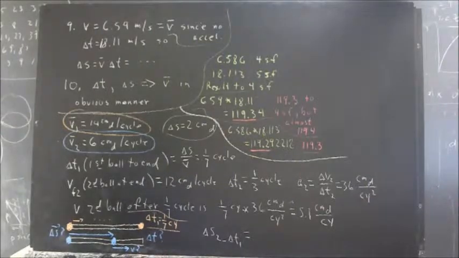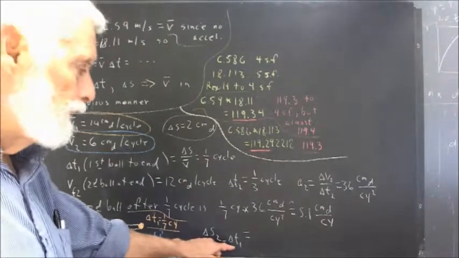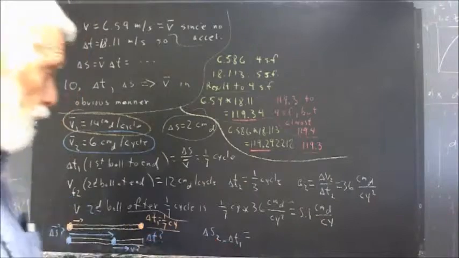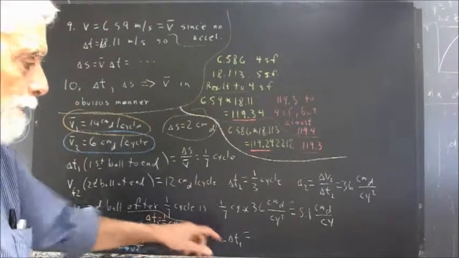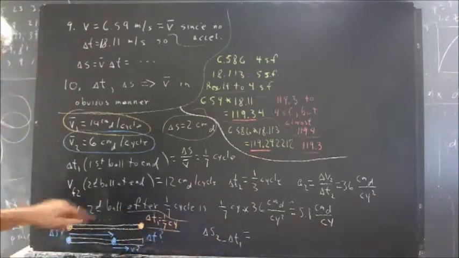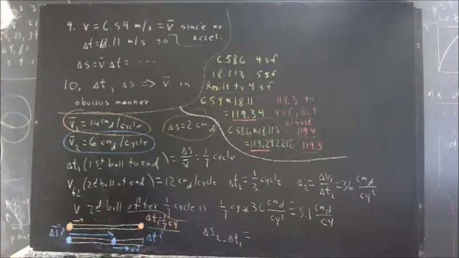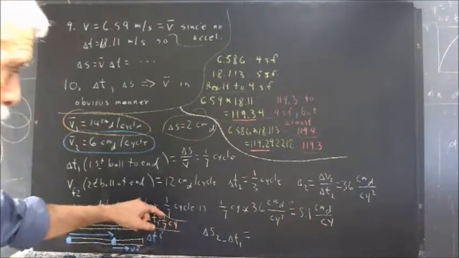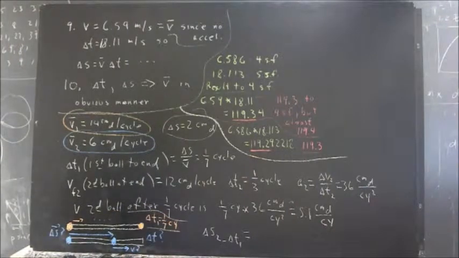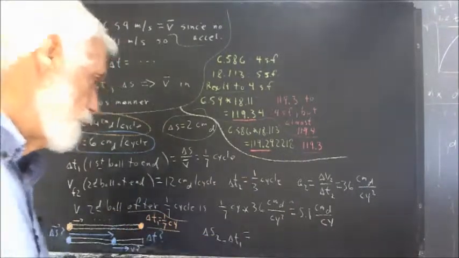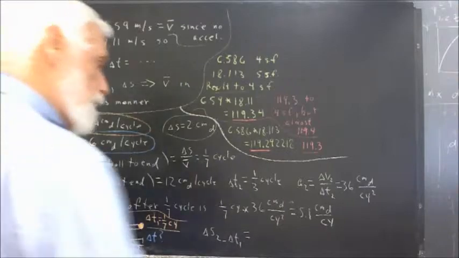Not great notation, but I'll just say delta S2 in delta T1. I refer to delta T1 because that's the delta S that we're going to get in the delta T1, the time it takes to get the first ball to the end of its ramp. And that delta T1 is 1/7 of a cycle. So to get the delta S2, we're going to multiply the average velocity